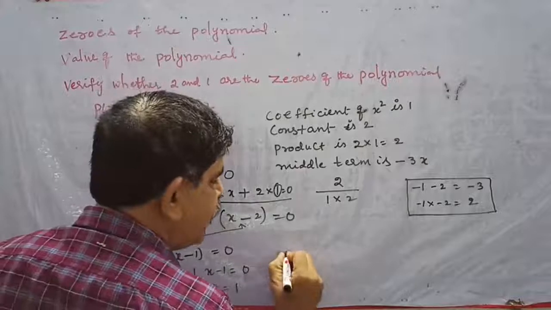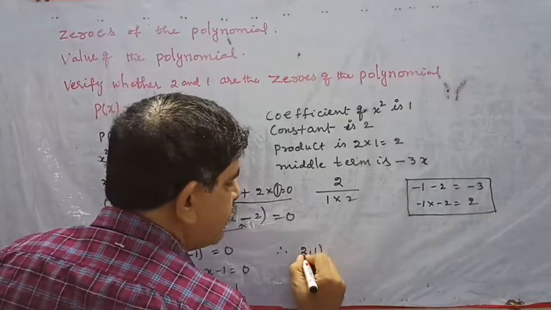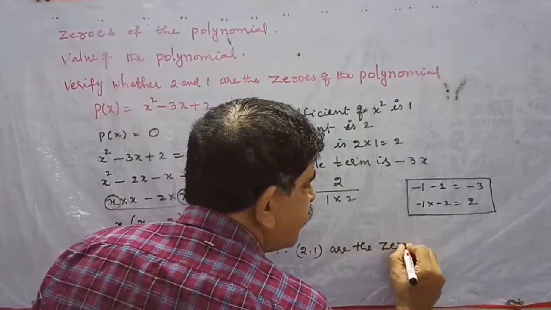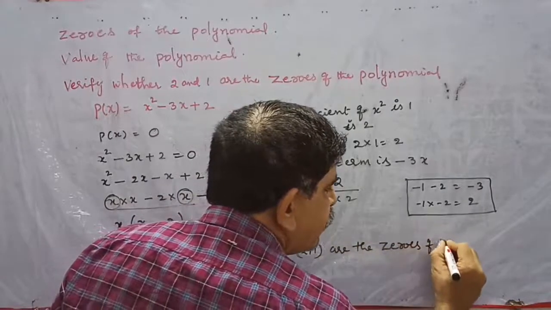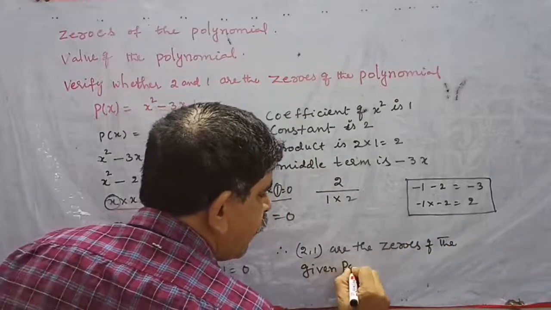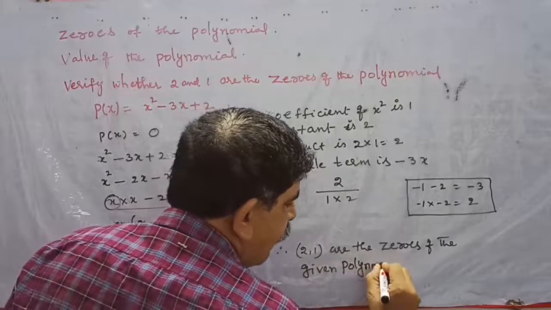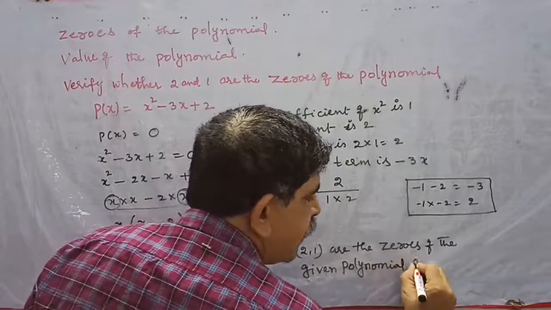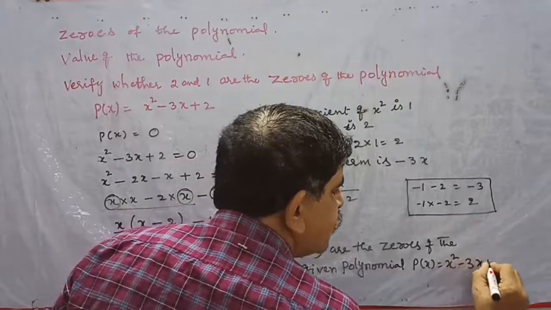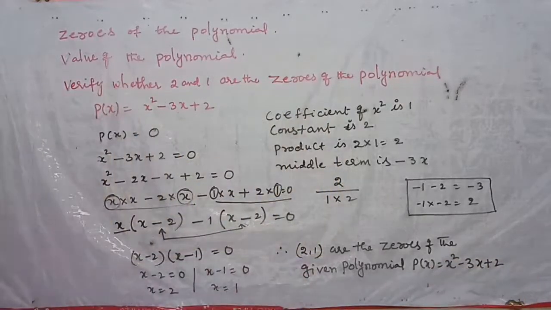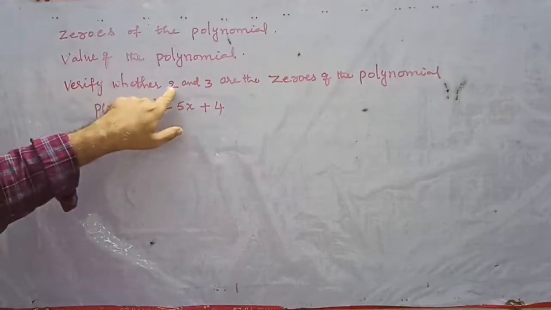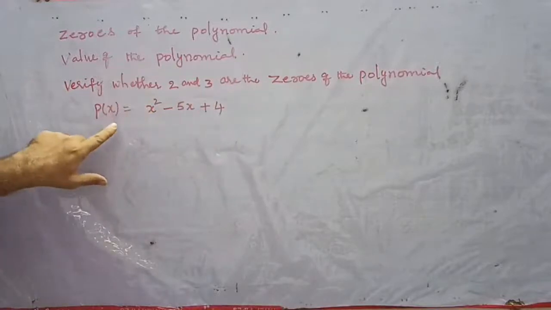What you have to write? Therefore 2 comma 1 are the zeros of the given polynomial p of x is equal to x square minus 3x plus 2. Okay. Next question. Verify whether 2 and 3 are the zeros of the polynomial p of x is equal to